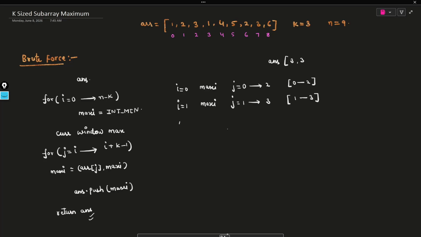And after this our I becomes 2. Again maxi equal to int min, and our j is starting from index I, that is equal to 2, and it is running till 2 plus 3 minus 1, that is 4. So the current window is from index 2 to 4, and in 2 to 4 we have to find the maximum. So in indexes 2, 3, 4, the maximum value is at index 4, so we have to push that maximum value inside the answer. And after that our I becomes 3, and again our maxi becomes int min, and our j